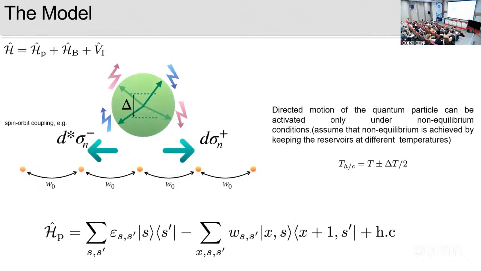Yes, here. If I understand correctly, you say it's quite important that in a non-equilibrium situation you have a net motion towards the right or toward the left. Now, if I understand this Hamiltonian, since you put the Hermitian conjugate, it doesn't give this feature. You have to do it via dissipation, am I right? Right, the Hamiltonian by itself does not break it. Exactly. Otherwise it would be non-Hermitian.